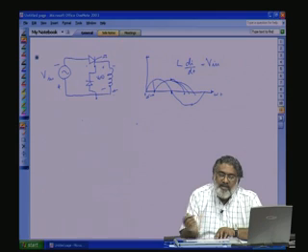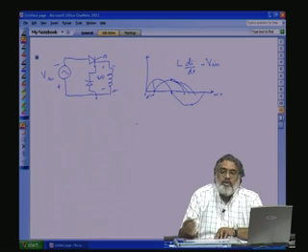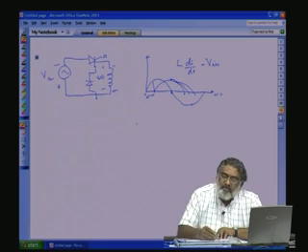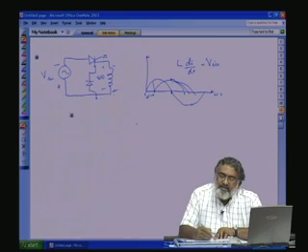So when the thyristor is forward biased, when the thyristor is conducting, that is during the positive half cycle, this point will be positive with respect to this point, and this is shorted because the thyristor is gated on, this diode will be reverse biased. So the current will flow this way. The moment di by dt becomes negative, this diode will get forward biased and the current will freewheel through this path